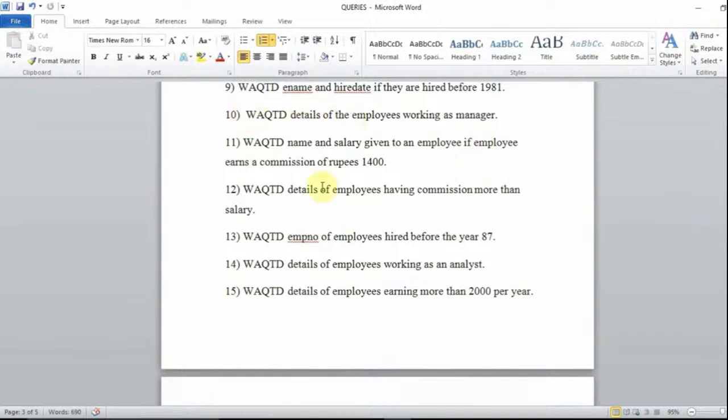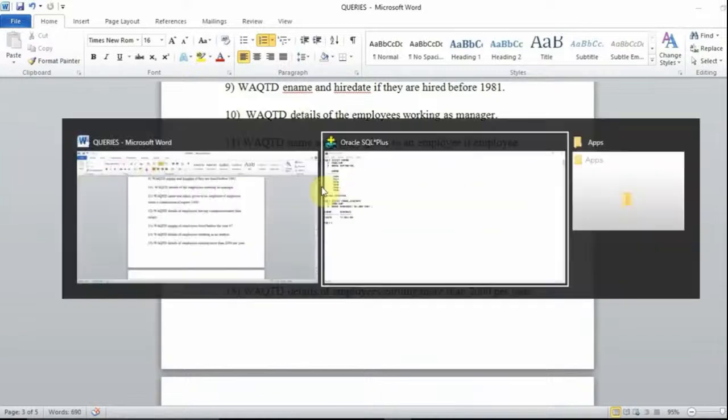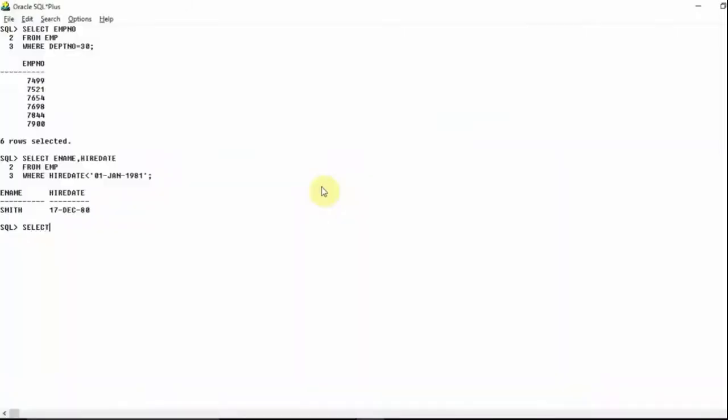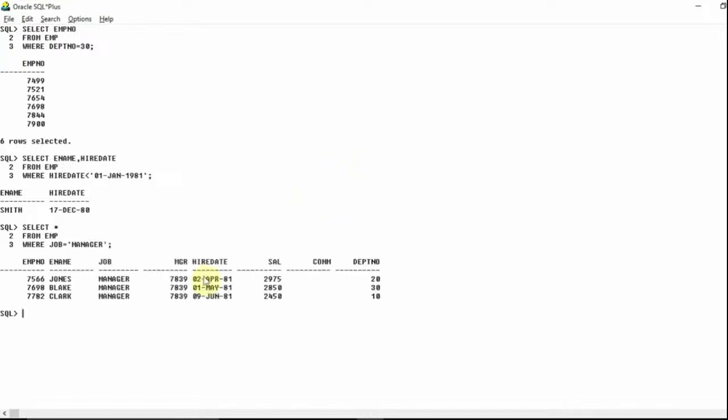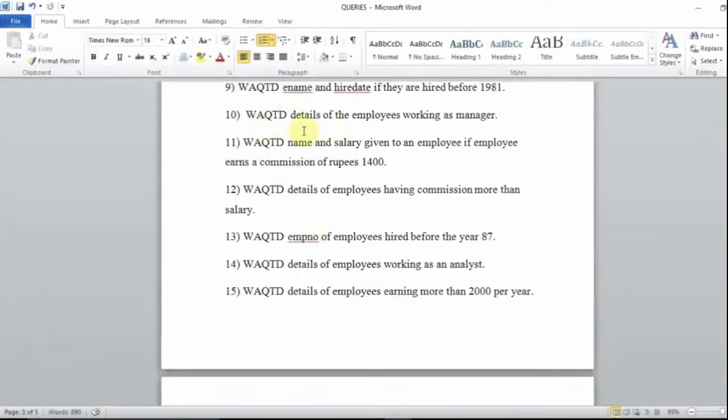10th question, right? So the employee job should be manager. It is simple, guys. Select star, details means complete details I want, so that's why I will write star from EMP where job is manager, MANAGER. Terminate the query, hit enter. So you'll get the details of the employee who is working as manager here. Got it? Yes. 11th one, write a query to display name and salary given to an employee if the employee earns